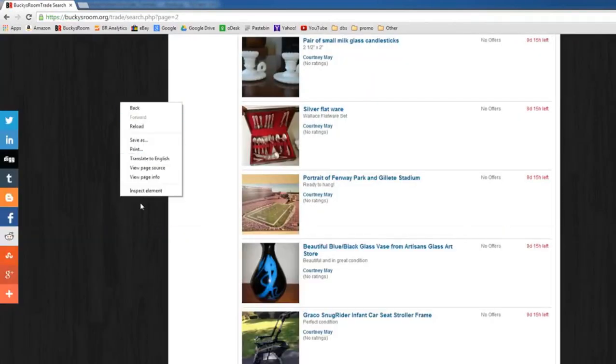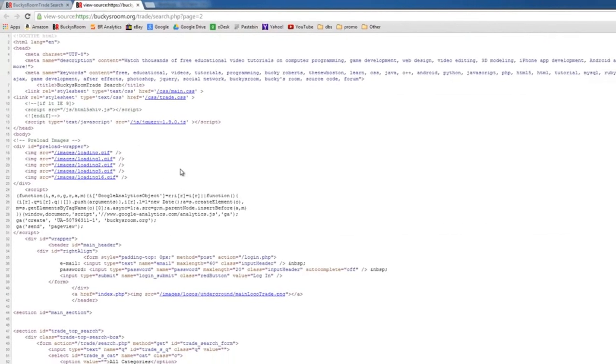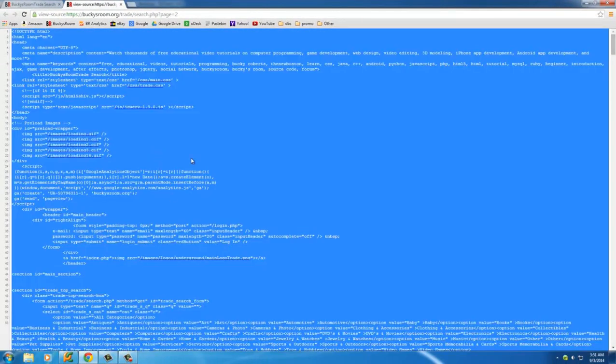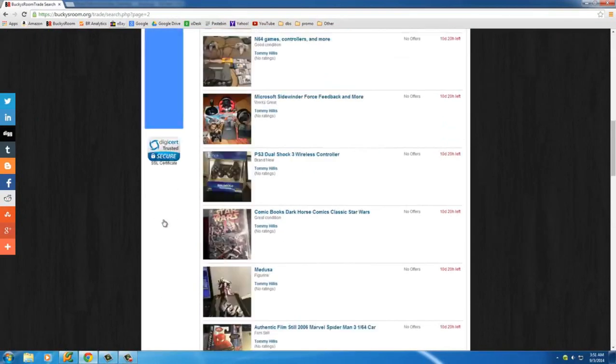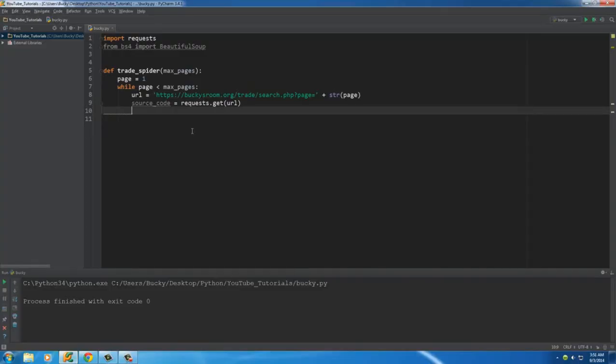Actually, I'll view page source, it'll be easier. Basically what we have now is all of this stored in that variable. However, whenever you connect to a website, it's a little bit more complex than just getting the page source. It also comes with other stuff like headers. I don't even know if you guys know what headers are, but they're extra stuff that the user doesn't need to know about. That's probably the easiest example. But all we really want is that source code. So what I can do now is put plain_text, or you can name your variable anything you want. And if you put